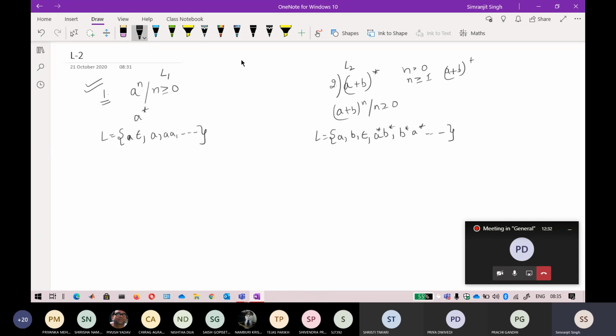So what exactly is a grammar? A grammar is something that follows these four tuple properties. Okay, so V, T, P, S, if you remember: V is your non-terminals, T is your terminals, P is your production rules, and S is your start symbol. Okay, so every language has a corresponding grammar. Do not mistake that there is only one grammar for that, that there is only one grammar that governs the rules of every language. There is no exactly one grammar. So for every language, like for this language there will be a grammar G1, and for this language there will be a grammar G2. Okay, keep that in mind.